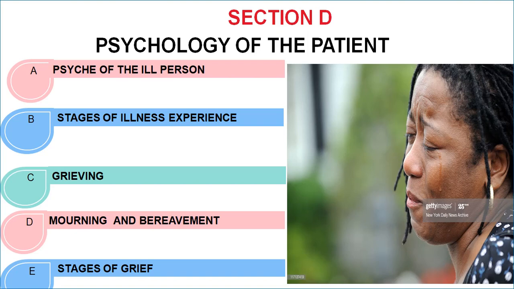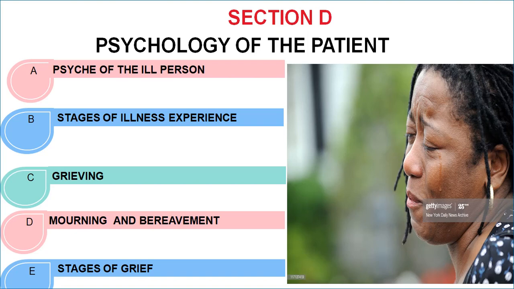Basically, we are supposed to understand the patient in detail because the patient is very complex. When somebody is healthy, the way they behave with you when they come to the pharmacy is different from when they are confused. Assuming somebody goes to the hospital and is not sure whether they have cancer or not, the way they behave is different. And if they have been diagnosed with cancer, the way they behave toward you is different.